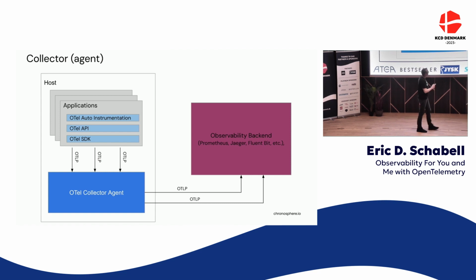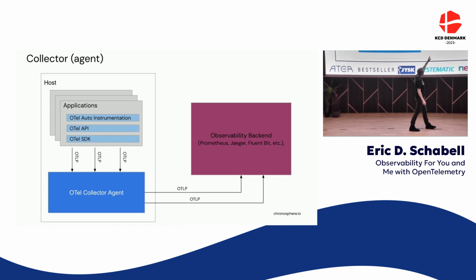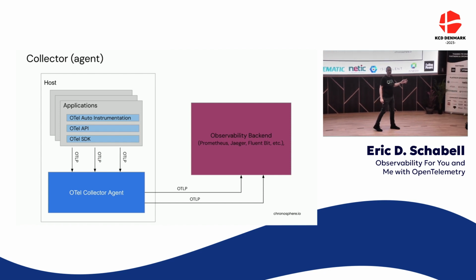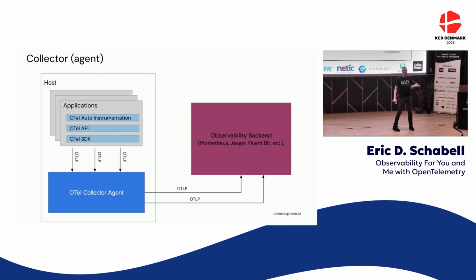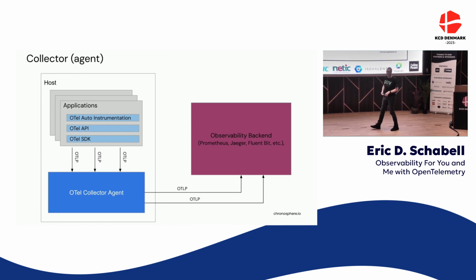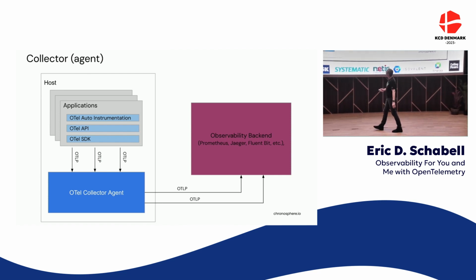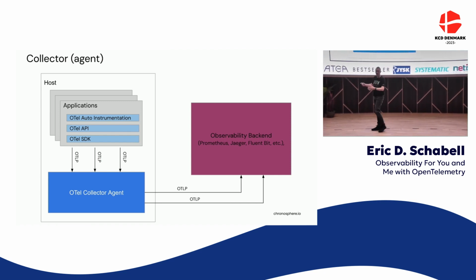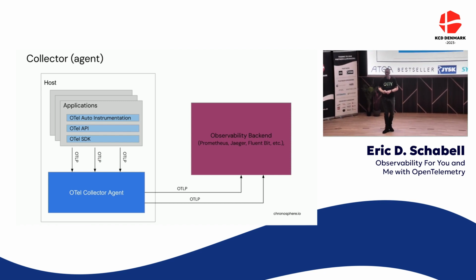So now we're going to push it. We push it to the back end. Prometheus, Jaeger, Fluent Bit, whoever you're using, doesn't matter. Make sense? It's not rocket science, right? It's a little harder when you actually do it, but it's not too bad. Lots of documentation. You see here we have one host, a bunch of applications. So we've gone from one app to a bunch of them now, right? It's getting a little bit more complicated.